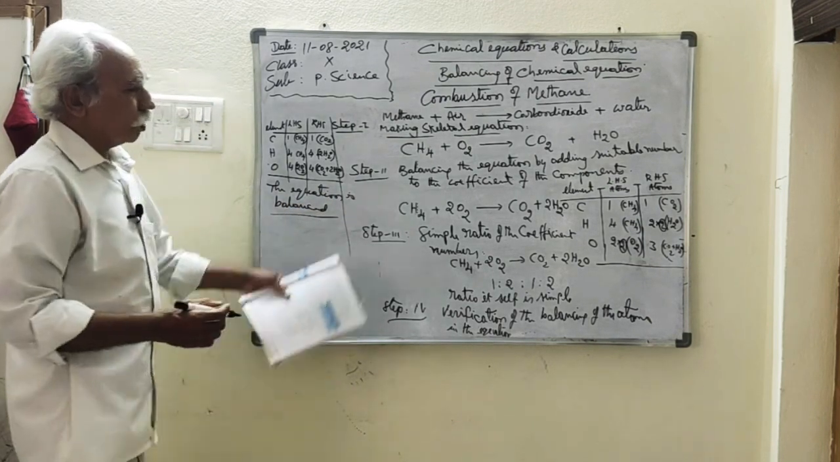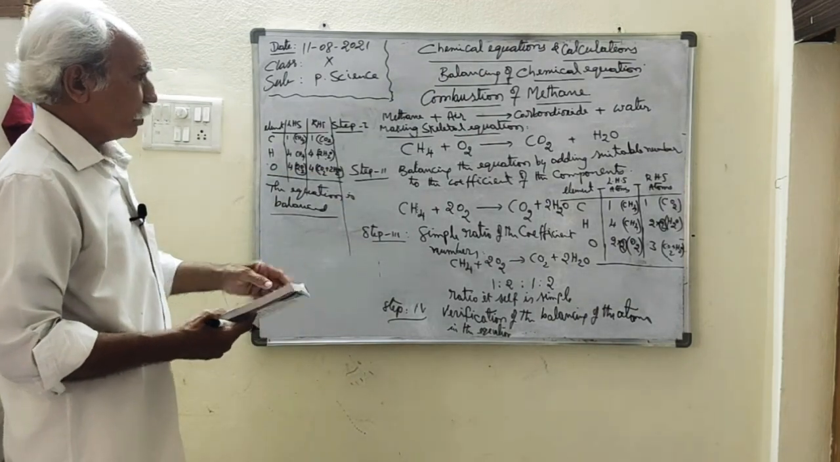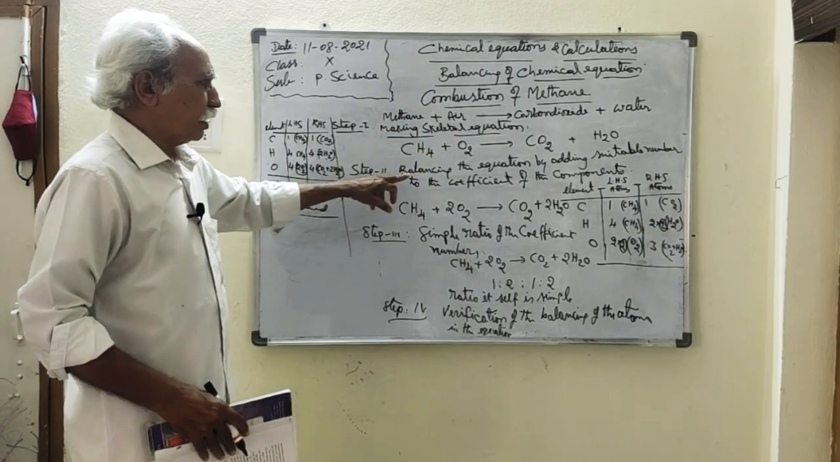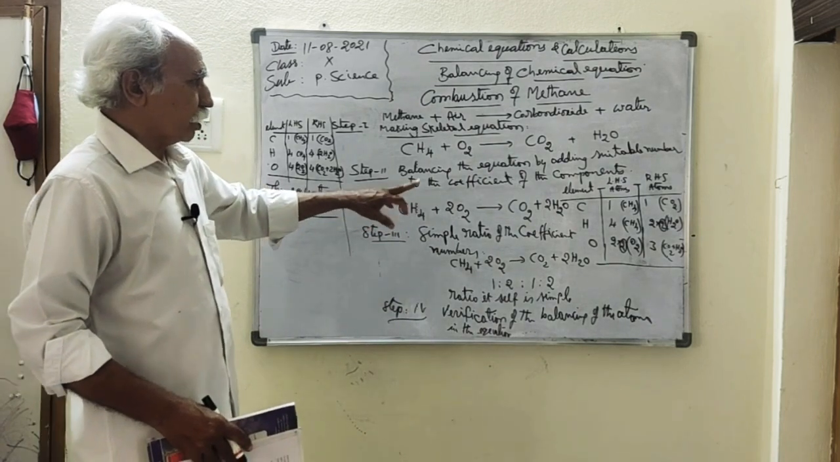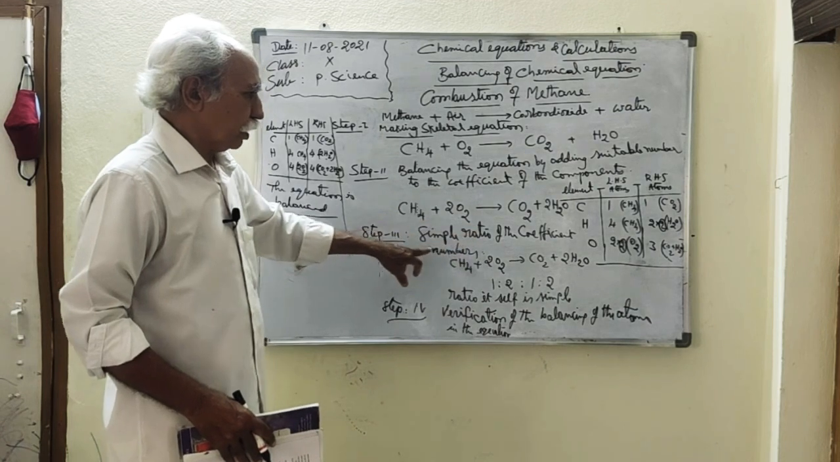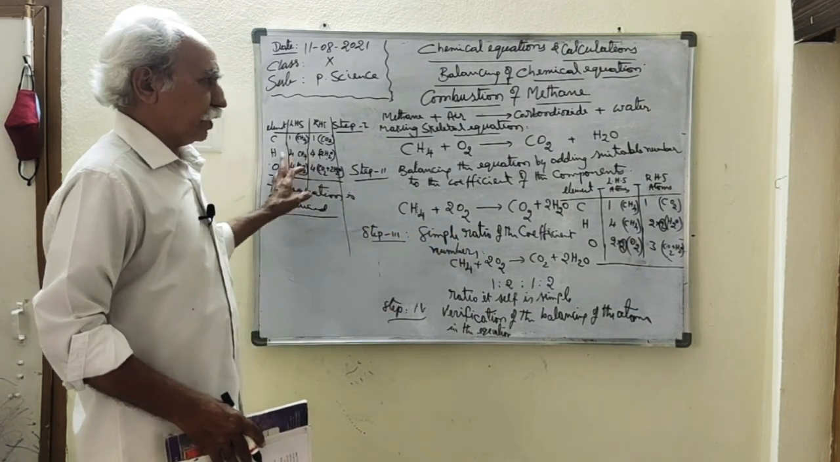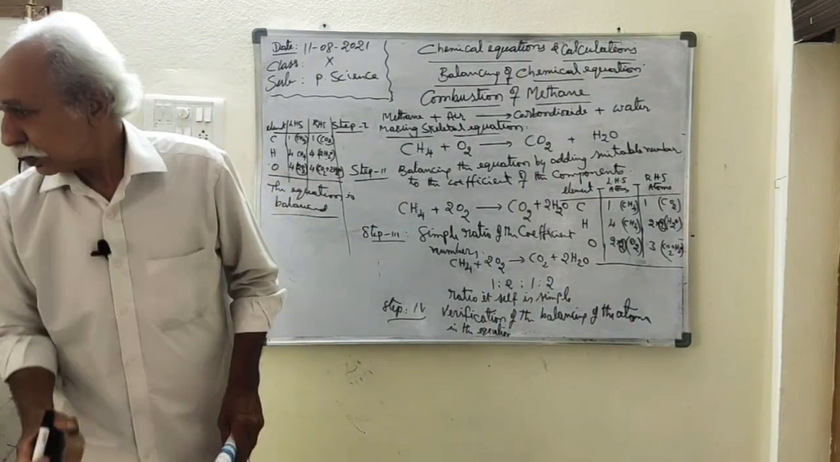So this is the way to balance the equation stepwise, one by one. Step 1, making a skeletal equation. Step 2, balancing the equation by adding suitable numbers to the coefficients of the components. Step 3, simple ratio of the components in the equation. Step 4 is verification. So this is the way you have to balance the equation. The next one is